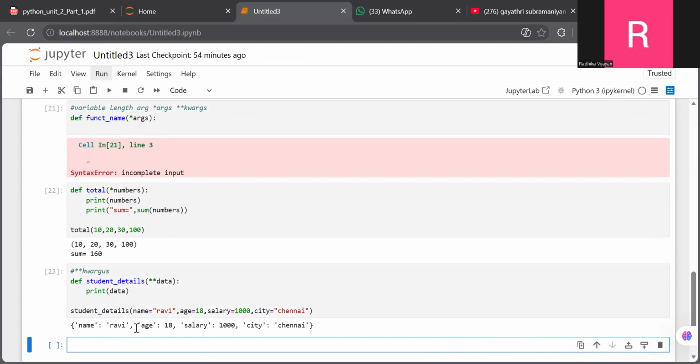Okay, so these are the four types of arguments. Positional argument based on the order, keyword argument based on parameter name, and default argument: if there is no parameter, by default it will take the default. And variable multiple arguments, if you want to use, we can use star args and double star kwargs. Okay, so we will discuss one more example by using a real-time example